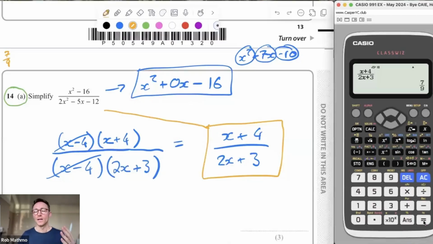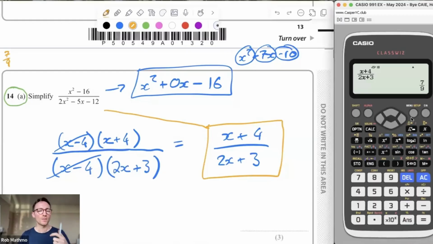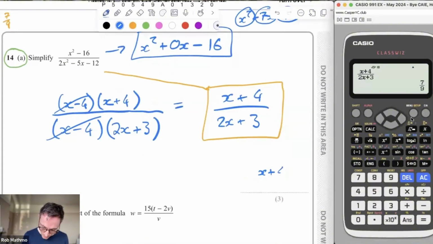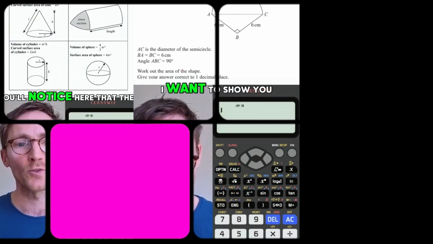Bang. Yes. Brilliant. Great. So again, do you see that in an exam, this is just so useful to have. If you know how to use your calculator properly and you have these tips and techniques, it just feels good to be like, oh, thank God, okay, I've got that one completely correct. Okay, so I can write that in the answer box. X plus 4 over 2X plus 3. Awesome. Okay, I know I've got that right. Now, what I would personally do in an exam is put a little tick underneath it or something to say, I've checked that. I know that's correct. So at the end of the paper, when you go back to double check everything, you don't need to check this question because you